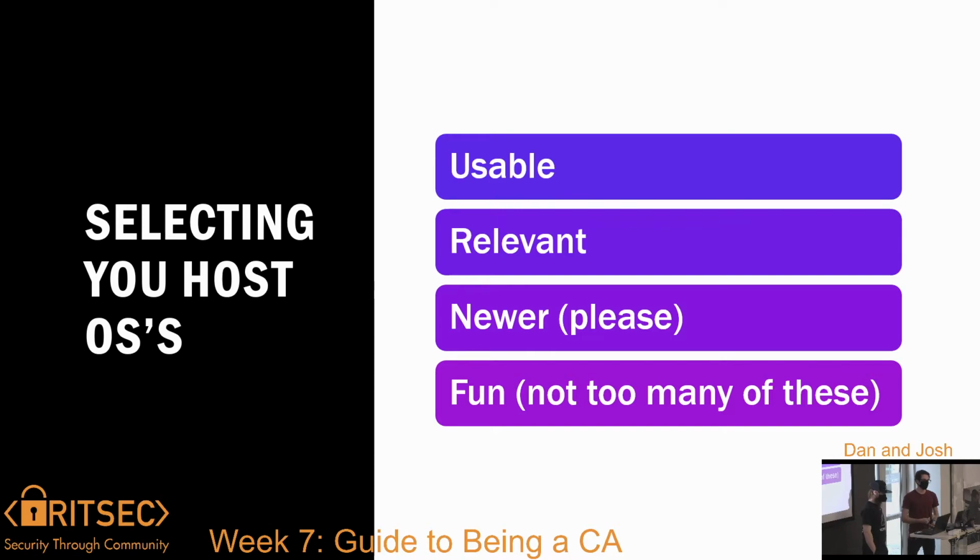But when you select a host OS, you want something that's going to be really useful given the scenario. So you don't want boxes that are completely irrelevant to what you're trying to do. You want something new, something that they'll see in industry, because if they aren't seeing it in industry and they can't take something away from the competition they can use, then what is even the point? Newer host OSs are also much, much easier to get on OpenStack due to new technologies such as Cloud-Init and auto installers, like we will mention later. You also want a few fun OSs, but not too many of these. These are the weird OSs that we talked about for the weird OS lead.